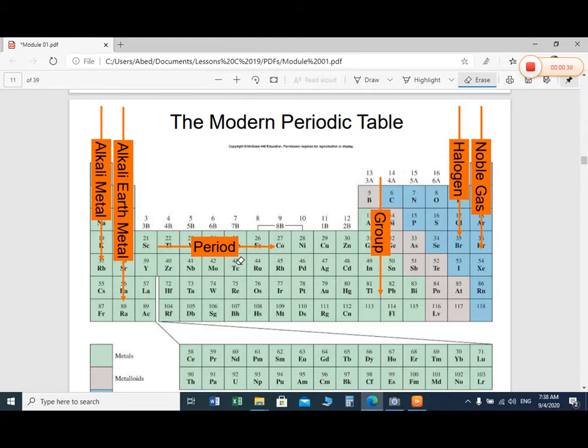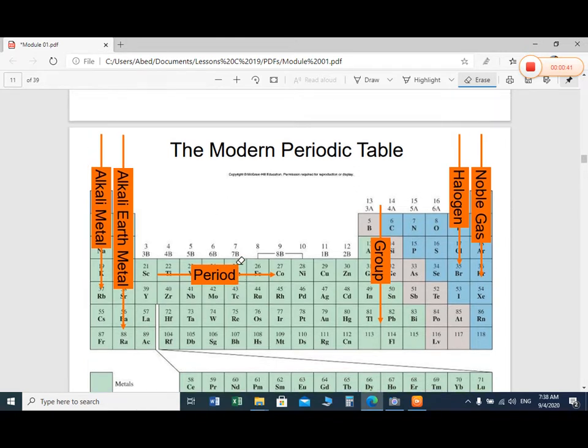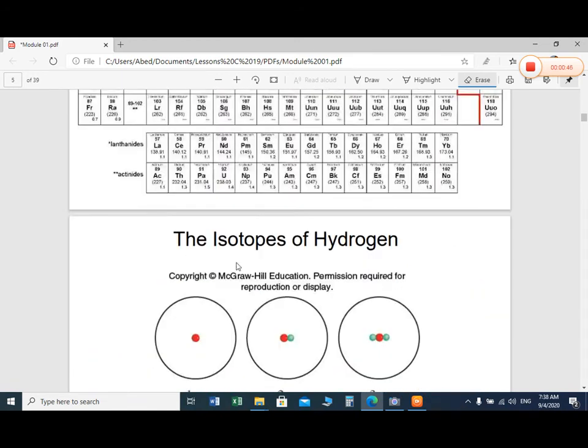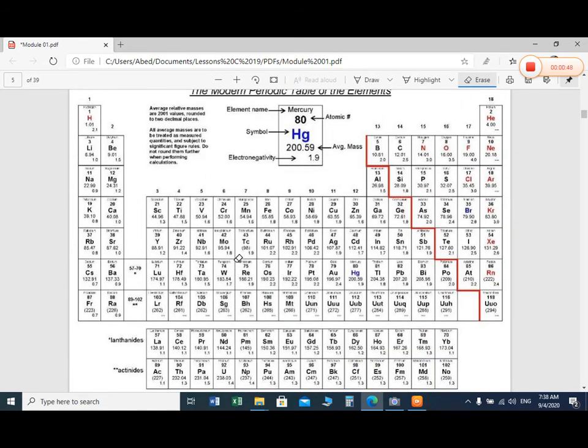There are 7 periods in the periodic table. Let me show you a clear one which we already learned some, and it will come again frequently. So there are 7 periods. Number 1 period contains hydrogen and helium. Then number 2, number 3 period, 4, 5, 6 and 7. So this is the last period. So total 7 periods. The periods have only the numbers from 1 to 7. These lanthanide and actinide series are actually between the S block and P block of the last 2 periods.